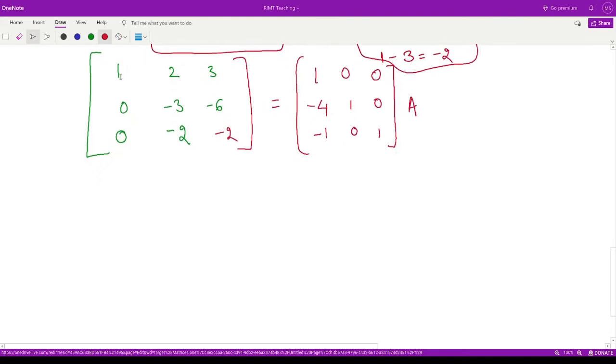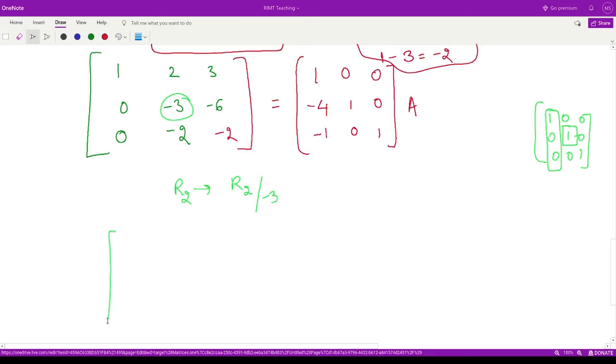Okay, now you can see we have 1 0 0. Now next, what do we require for the structure of the identity matrix? We require 1 0 0, 0 1 0, and 0 0 1, right? So now we have obtained this much. Next task is to make the middle element 1. How can we make this 1? By making this element 1. So for making this element 1, what we have to do on R2 is apply the operation R2 divided by minus 3. If we do that, this element would become 1. So let's apply this operation here.